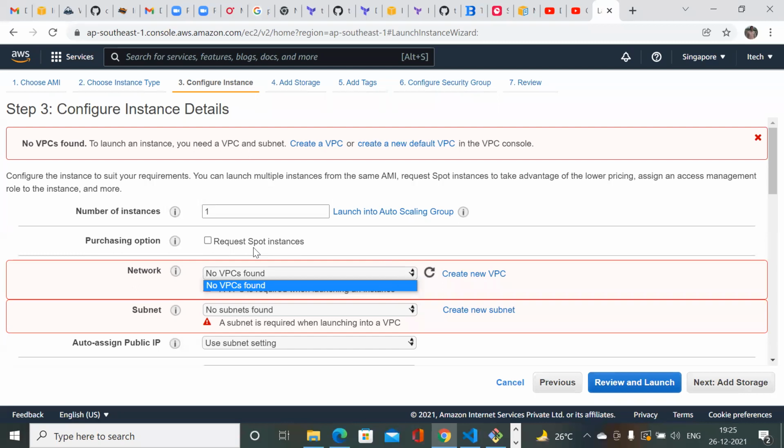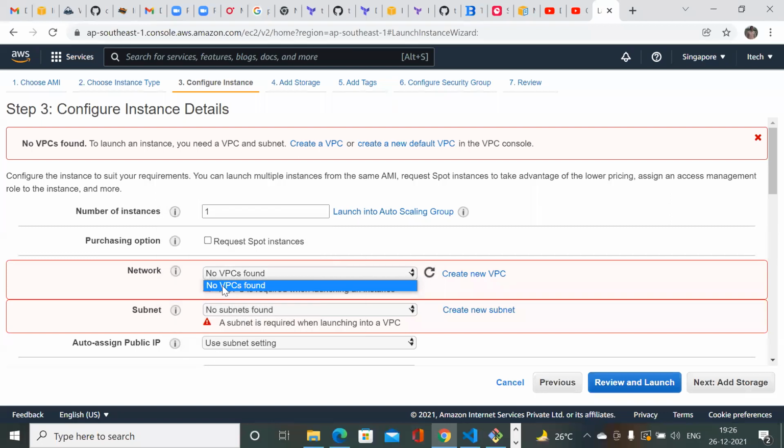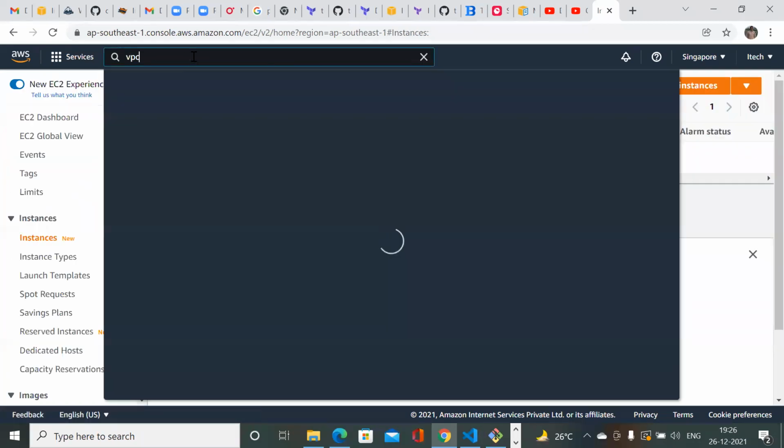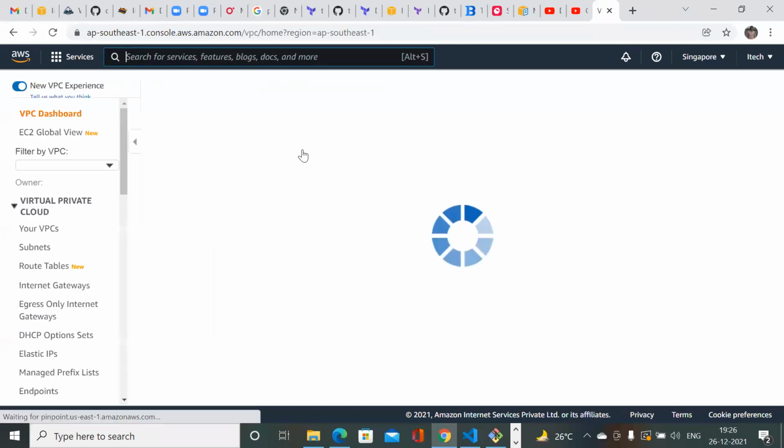I've deleted all the VPCs and I'm trying to deploy EC2, and it's throwing an error because we don't have any VPCs in this Singapore region. I don't want to create it from EC2, as this will create a lot of confusion. So I will navigate to VPC and create one logical network first.